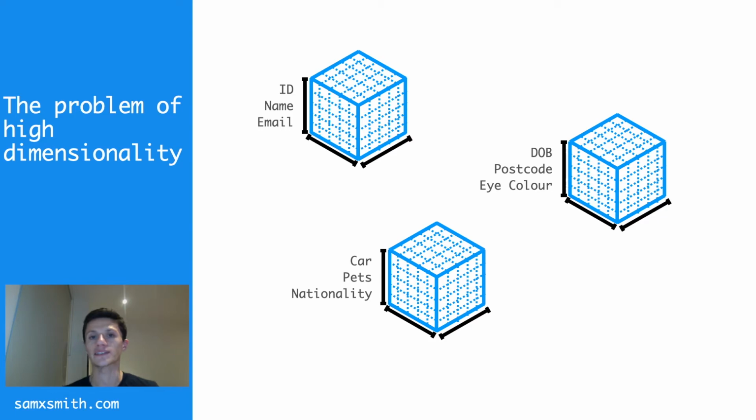And that mitigates the problem, because the effects of not having all attributes in the query are minimized. As long as you're querying by ID, name, and email, you can isolate down to a single node. You don't need to have date of birth, postcode, and eye color, and it won't affect the number of nodes whether you have those or not, because you can isolate down to 1 with just 3 attributes